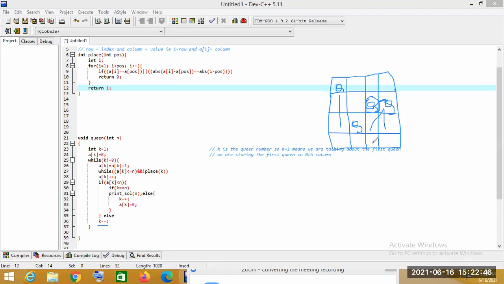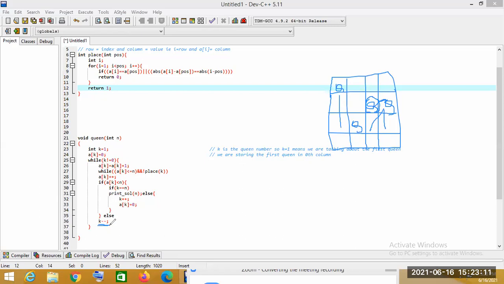In this position also we cannot, because it is on the same diagonal. And in this position also we cannot put the queen, because it is the same column. So where will we put the fourth queen now? Again we do k minus minus.